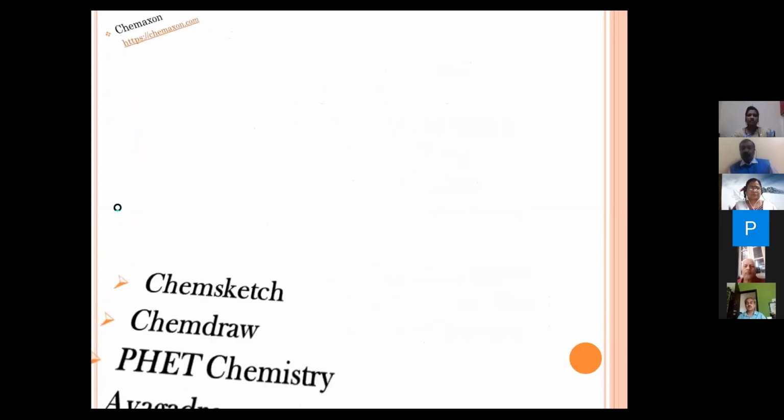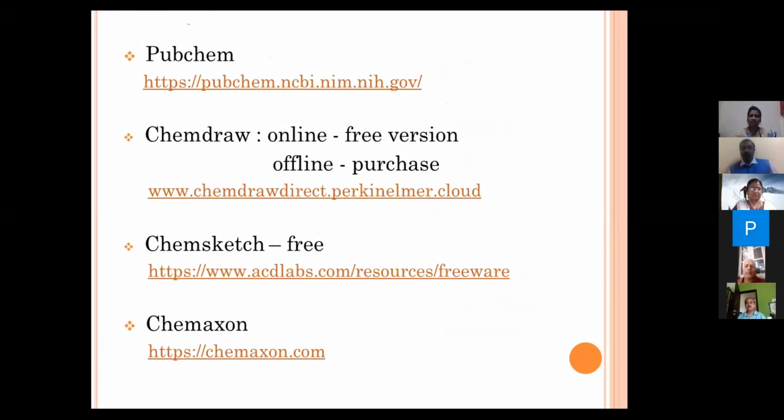So here is the link. I have given some ICT tools and the links to download them. A few ICT tools are free versions. For example, ChemSketch is a free version. You can just download it and use it offline or online, however you want.